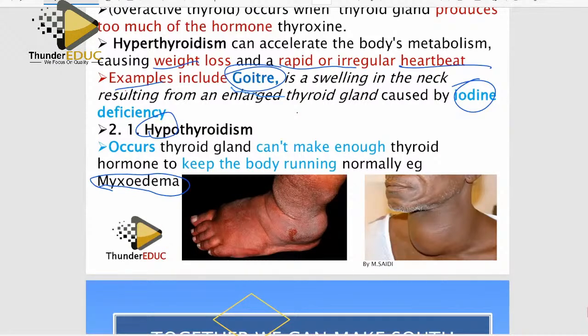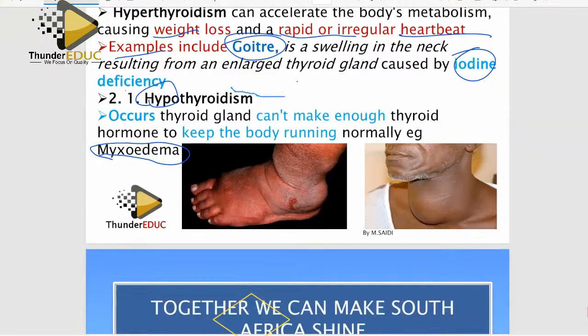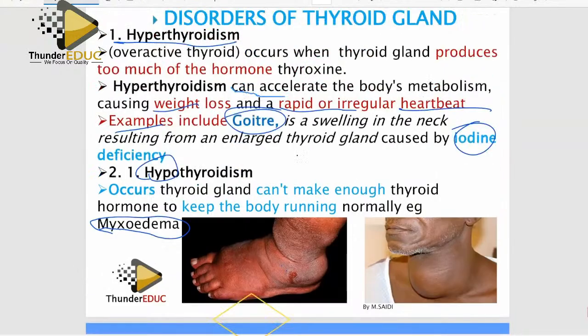Yeah. So you see, have you ever seen people who are suffering from this? Please don't confuse this with diabetes. Remember, we have two types of diabetes. We only teach one. We have diabetes mellitus, that is the sugar diabetes, and diabetes insipidus, that is the water diabetes, which is linked to oedema. All right. So basically, that's what you need to know.